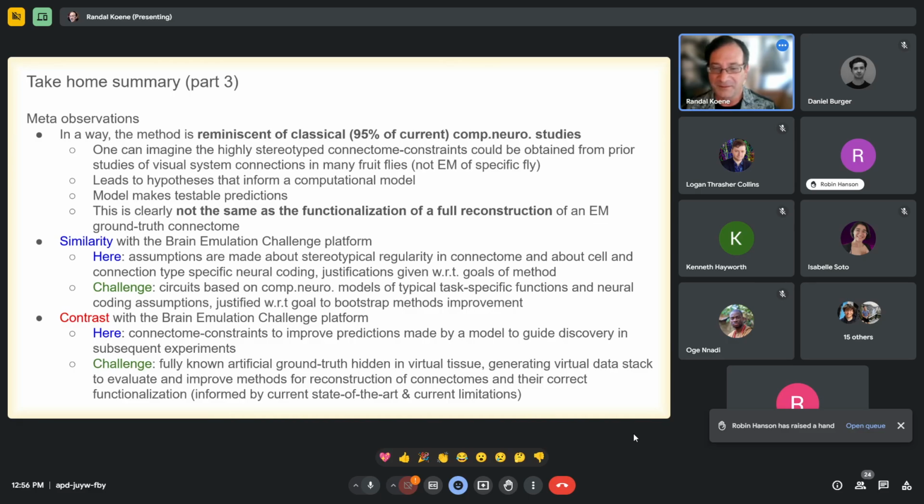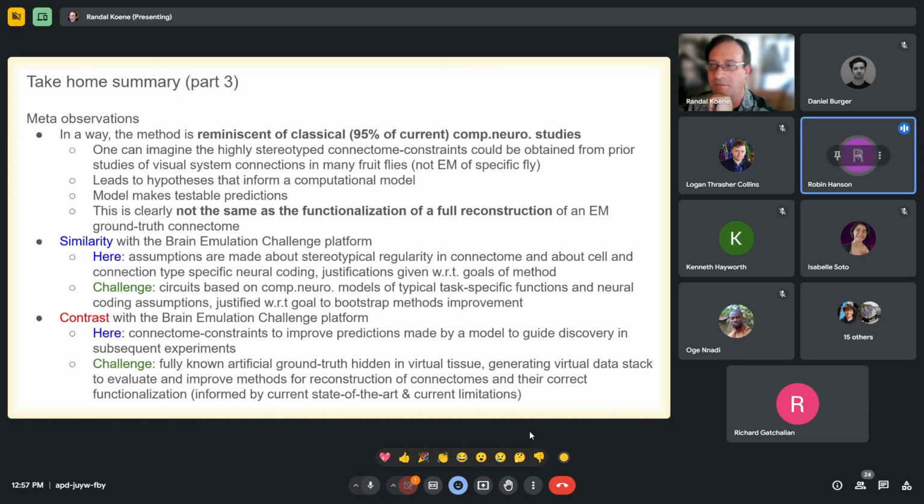Robin. Yeah, I just don't understand something basic here. It would seem like if you have enough information to get a good model for this task, you would probably predict it would also achieve other tasks. Why didn't they test this on other tasks? Do they just not believe this would achieve other tasks, and therefore it's not actually a good prediction of the particular network?